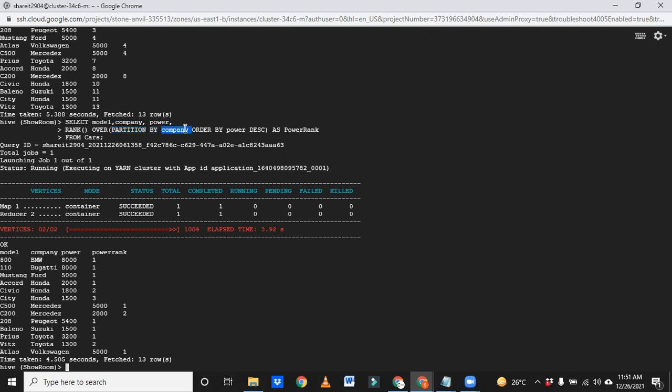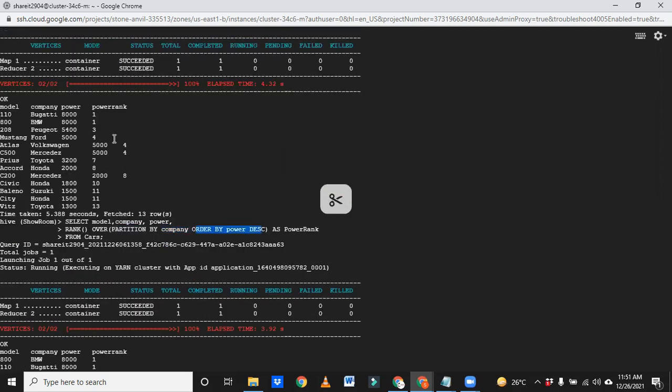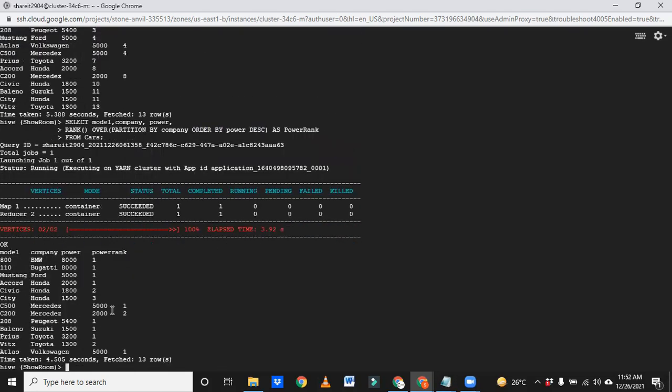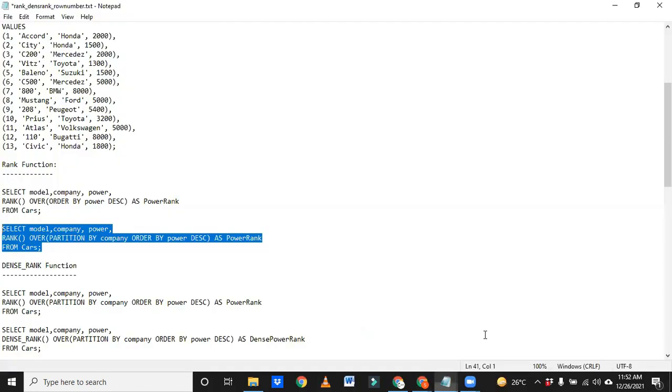Overall, if you want it across everything, then better you avoid this and directly use a single order by like this. The similar way you can use it, so that irrespective of the company or other columns, it will assign the values based on the power. So this is regarding the rank. Hope you understand. Even if you didn't understand, no worry. This will be more clear when you see the dense rank function. Let me execute this dense rank as well, so that you will get more clarity.